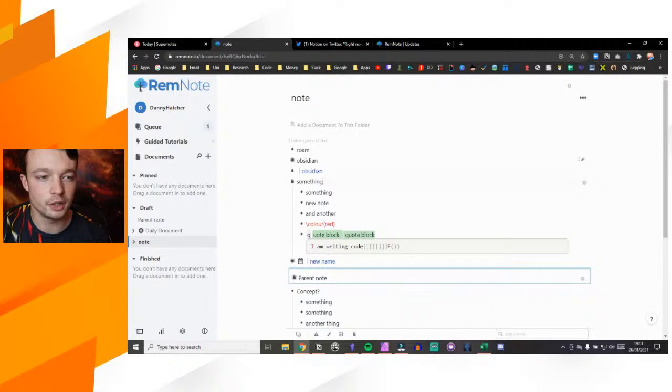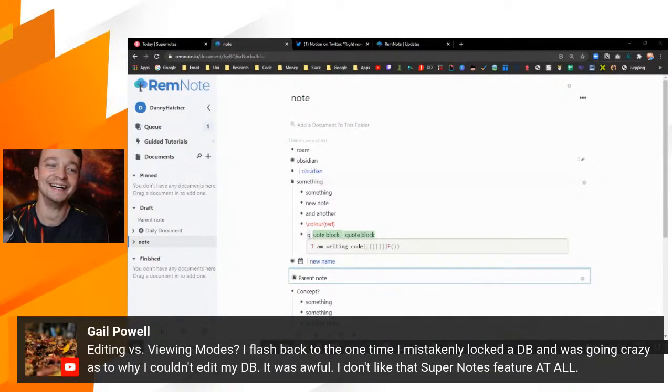Editing versus viewing modes. I flash back to the one time I mistakenly locked a database and we're going crazy. Gail, I'm bringing that one up. Yes, but I think we have all done that. I know when I first